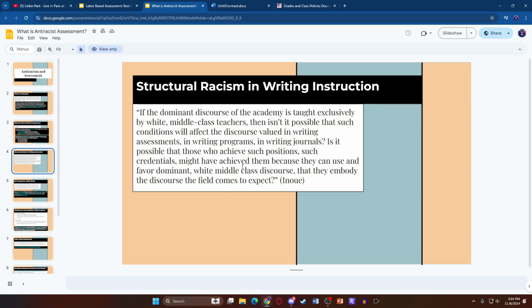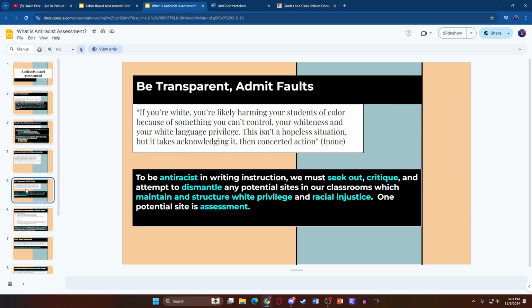I don't know what discourse I'm embodying right now exactly. But that's the basic idea, right? That standard American English and white middle-class discourse gives students a selective advantage, particularly in comp English 101, English 102. So a few of the key axioms in labor-based assessment and anti-racist assessment is one, be